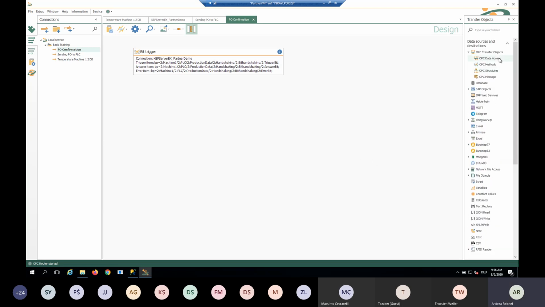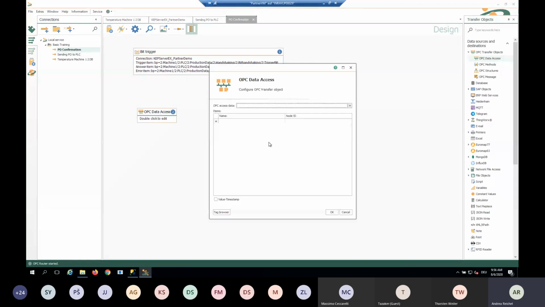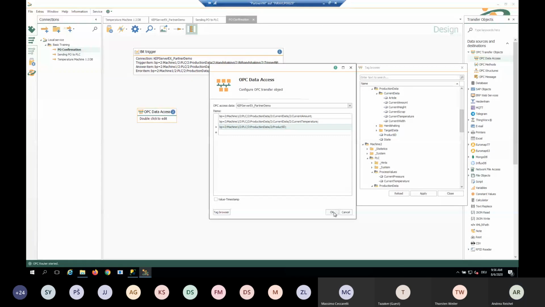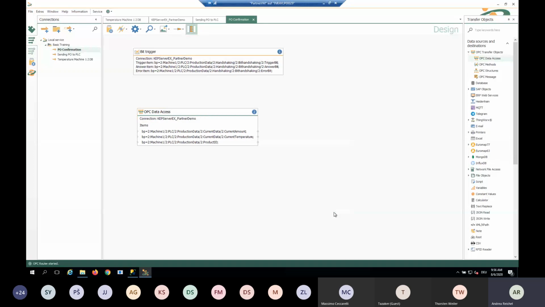The data transfer would be as easy as before. We have an OPC data access where, under our OPC server with the tag browser, we select the product ID. This is the production order number. We have the current data with the current amount and the current temperature, for example. And we can say, okay, now we have 3 elements to transfer, and the target object would be the database